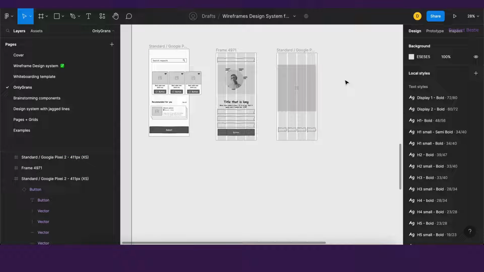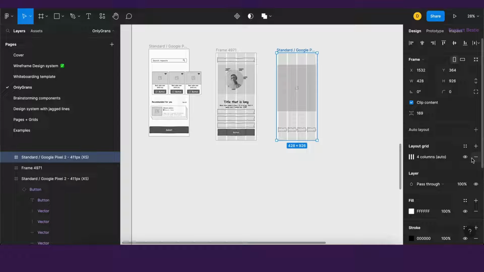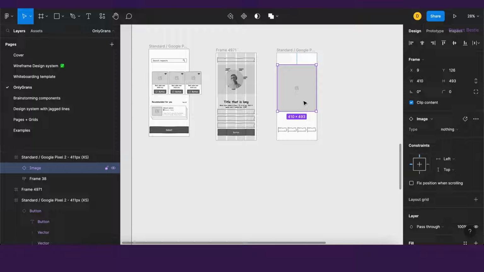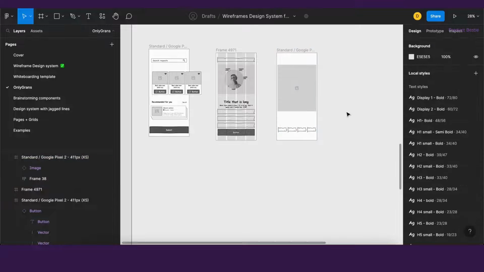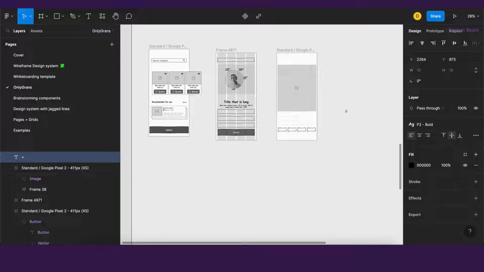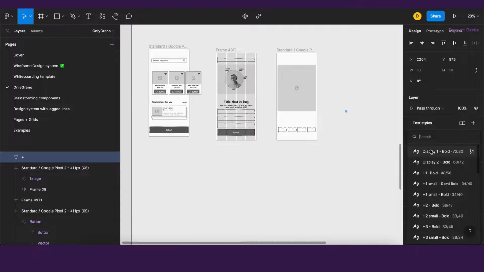So not everything has to come from your design system. In fact, some of the things you could choose to not have from the design system. So this could be your camera, and maybe we would have a plus icon,